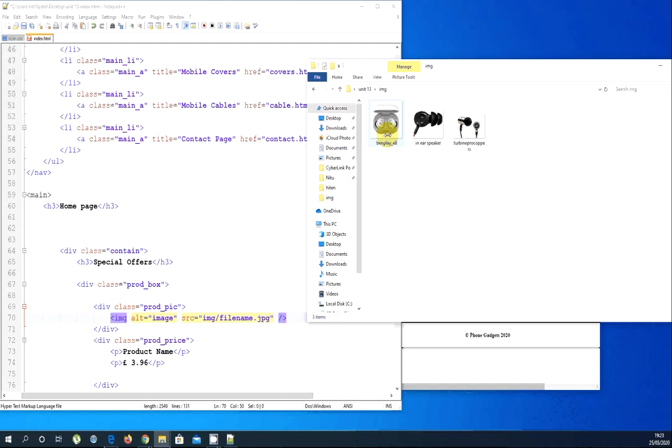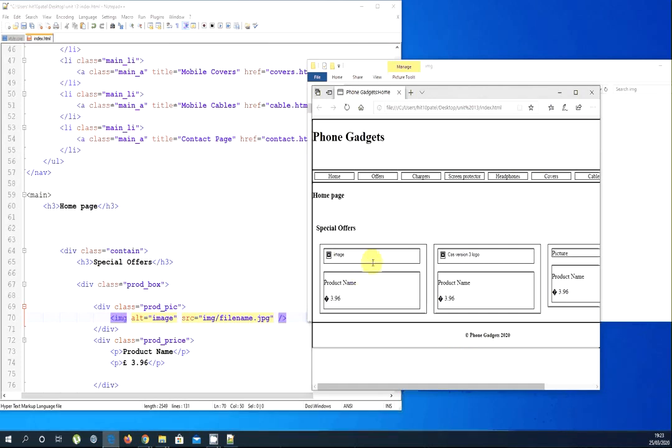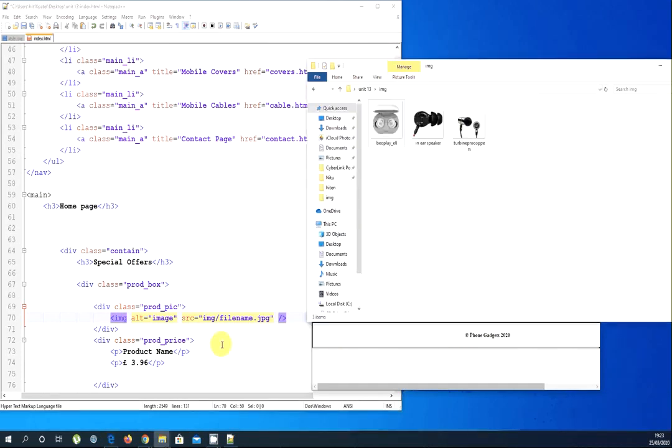Okay, so that's the name of the image which I want to put inside this box here for the first instance. To do that, I'm inside the IMG folder, and the file name is, I'm just going to write it down, which is BEOPLAY underscore